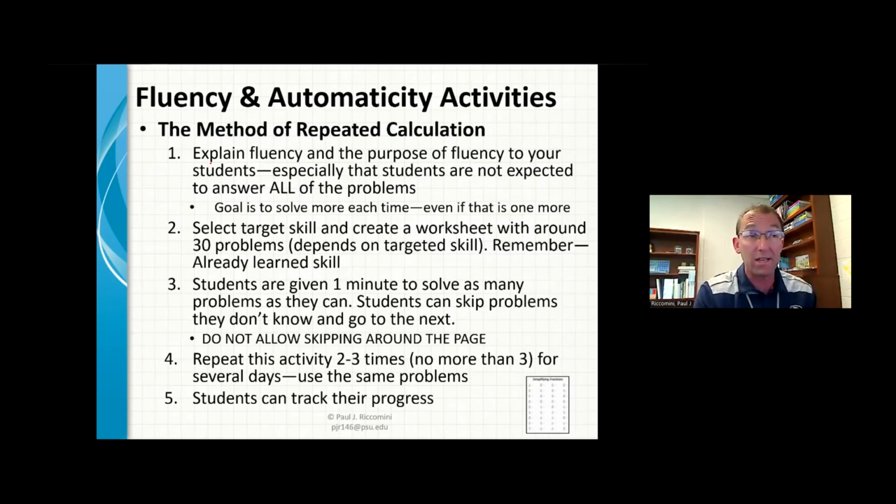Hey, there's more on here than you can answer. I don't care about you answering more. I want to see if you can beat yourself both times, from the first to the second. And that is what kids can get attracted to. I say 30 problems, but it depends on the skill set you need. You just have to have more than what they can do.